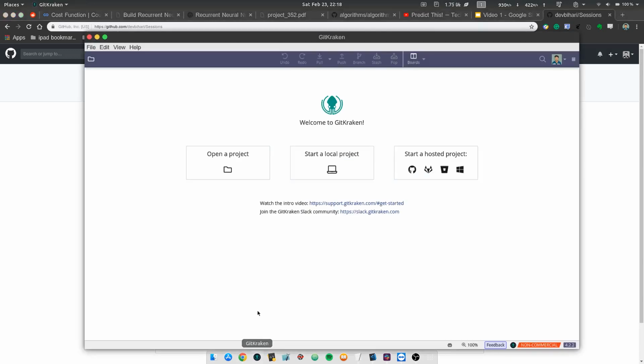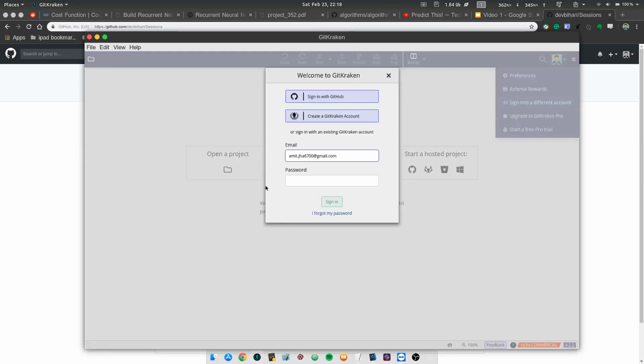When you first boot up this application, it's going to ask you to sign in. So the window might look something like this. Go ahead and sign in with your GitHub account. After you have signed in to your GitHub account and you have authorized GitKraken to start making commits through your account,